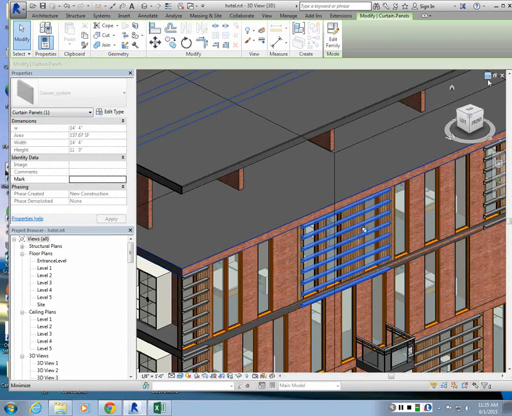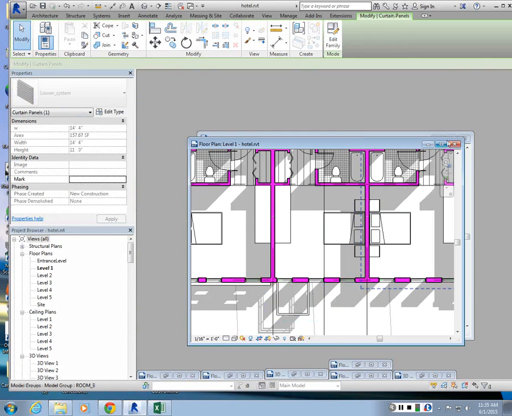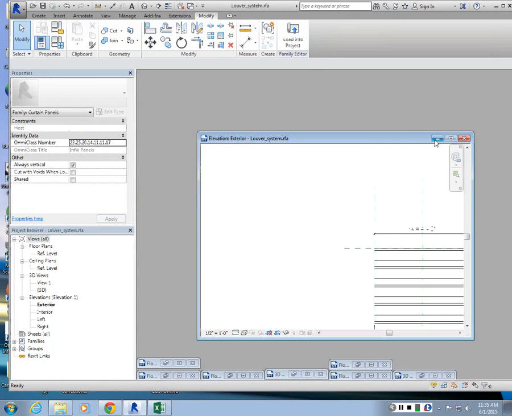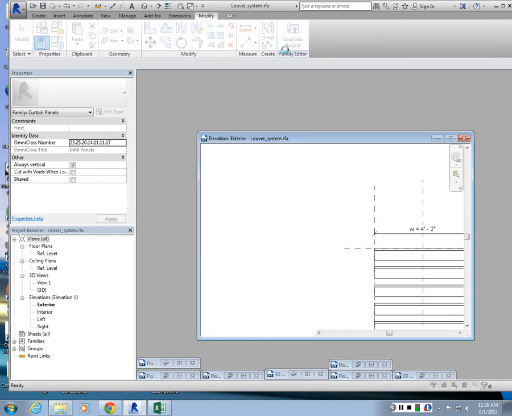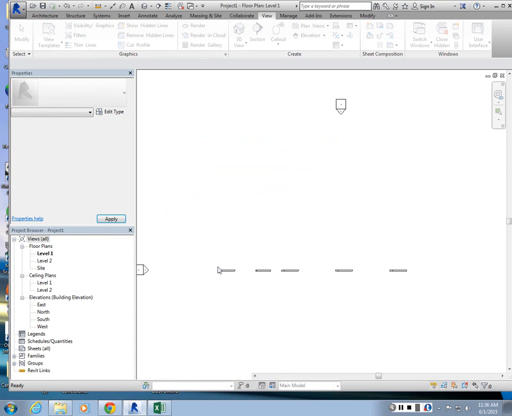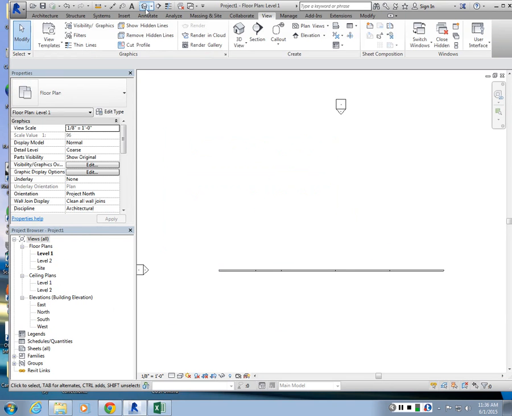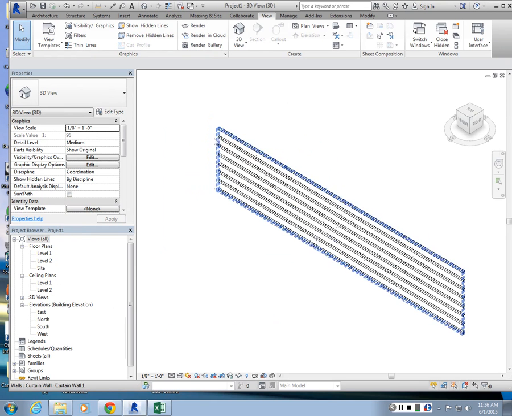This guy's louver system. This is the same one actually, so it should work. Let's go back. Let's see, load into project and project 1. Okay, so it's fixed now. So that was the old one. When you import the new one,